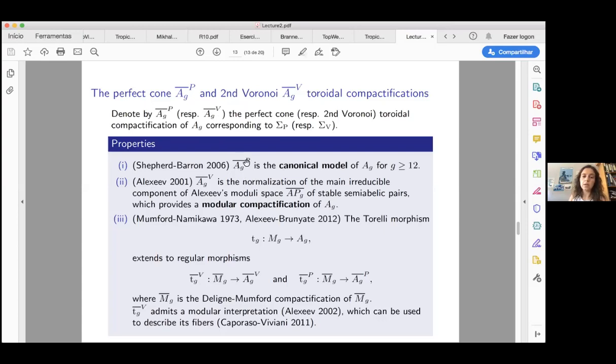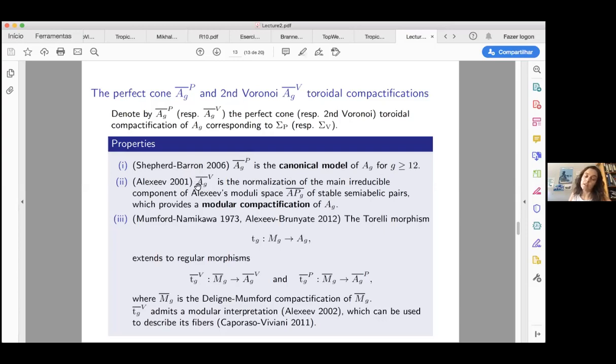So the compactification associated to the perfect cone decomposition is due to work of Shepherd-Barron in 2006, shown to be the canonical model of Ag for g at least 12. So this is the canonical model in the sense of birational geometry. And Alexeev in 2001 showed that the second Voronoi decomposition